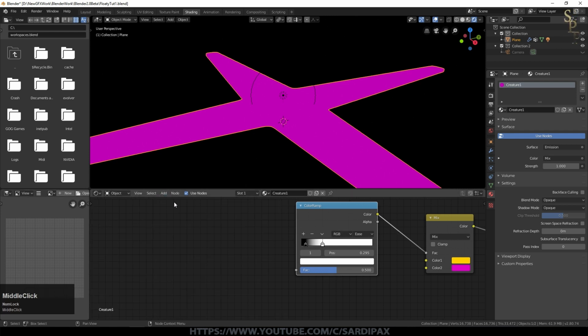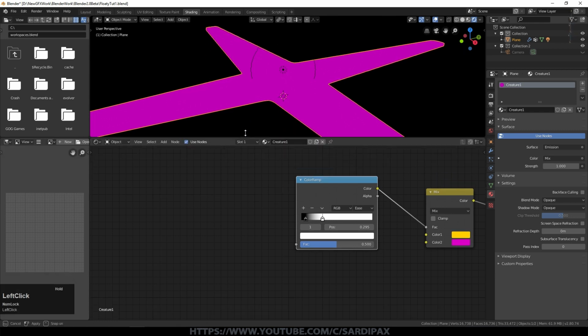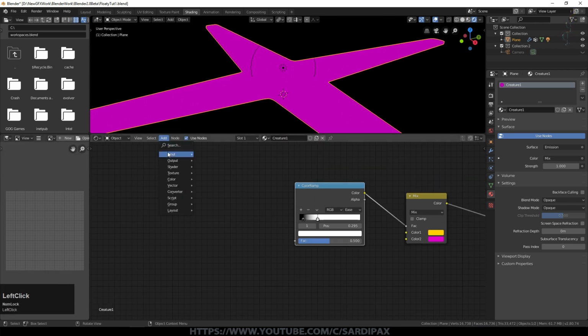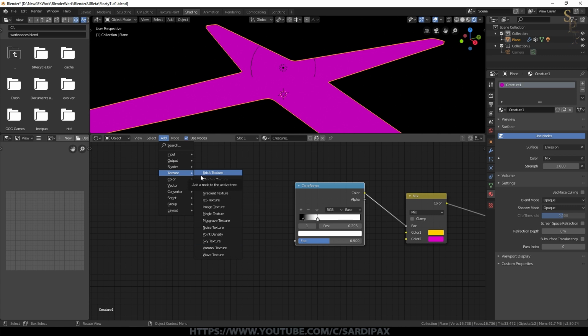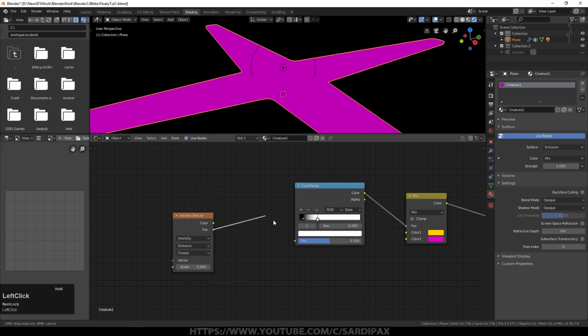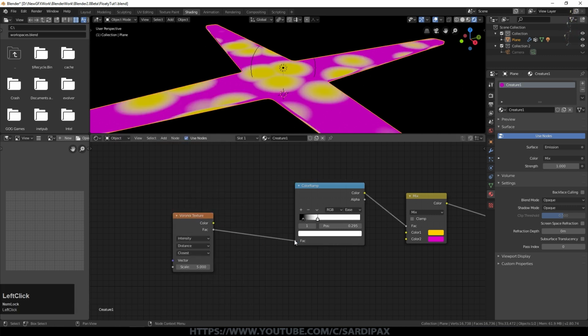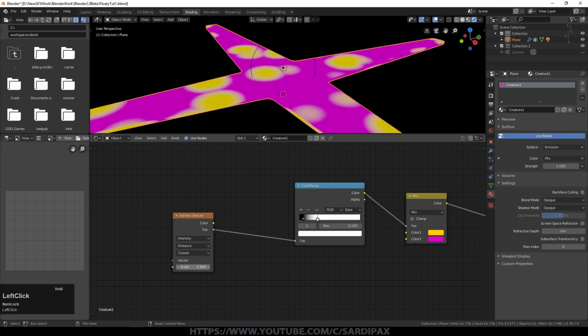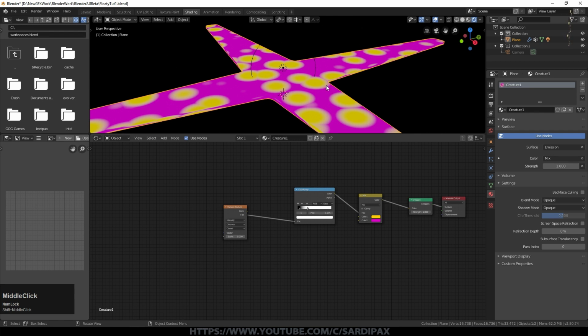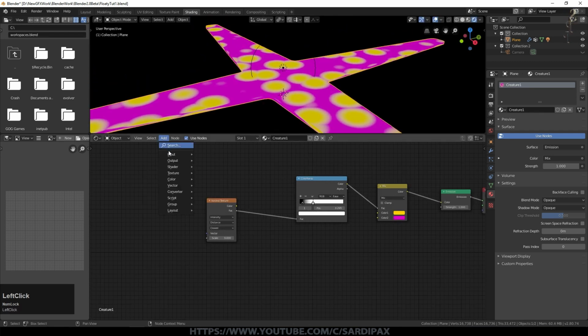And initially I'm just going to move this window up a little bit. I'm going to add in a texture, which is a Voronoi texture. So I'll take the factor output of that into the color ramp, and you can see we've got some splotches appeared up there. I'll play around with this scale till it's somewhere around what I want. And at the moment, if I move my object around, you can see that's quite stable. But I'm now going to add an input, which is a texture coordinate input.